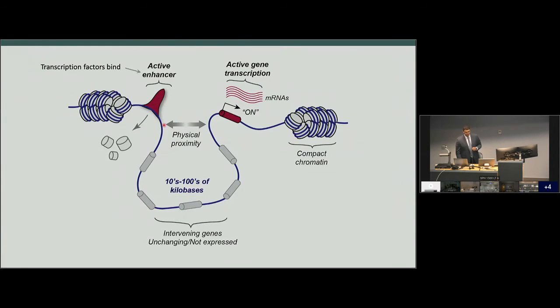This is also associated with a physical reorganization, so that distant enhancers, which may be hundreds of kilobases away from their target gene, are actually brought in physical proximity with their target gene, and this corresponds to activation of gene transcription and production of mRNA that, of course, we can detect by a variety of means. Okay? So this is our current understanding. So it requires multiple things to occur. It requires a reorganization of the chromatin, displacement of nucleosomes, binding of transcription factors, and physical reorganization of the DNA within the nucleus to actually turn on genes.